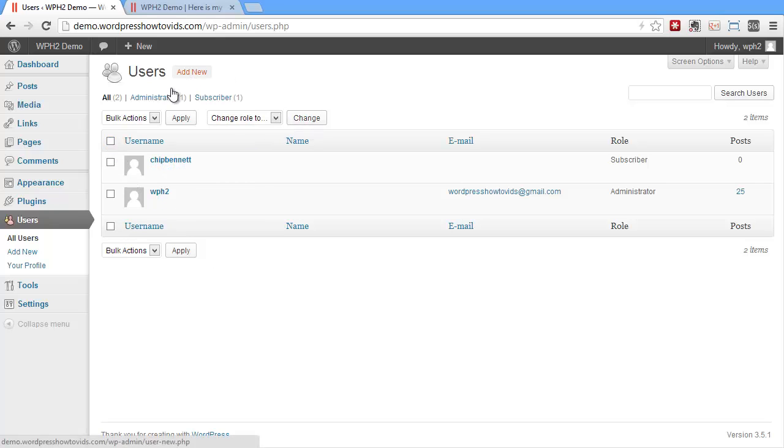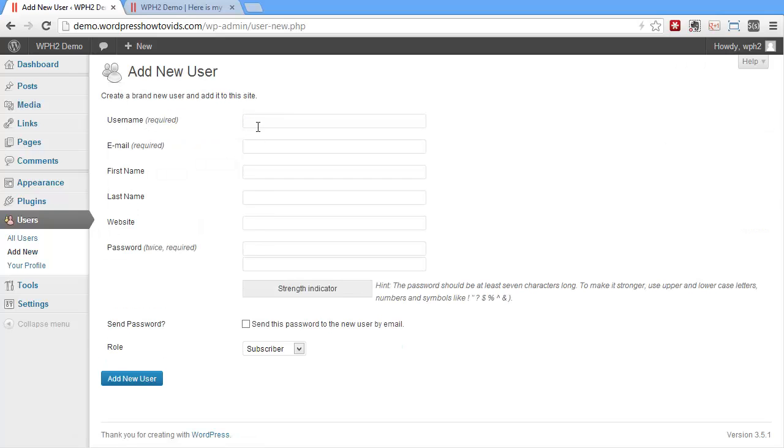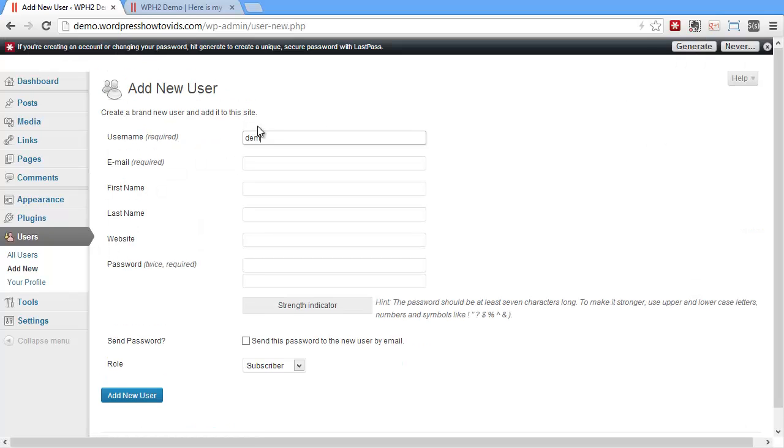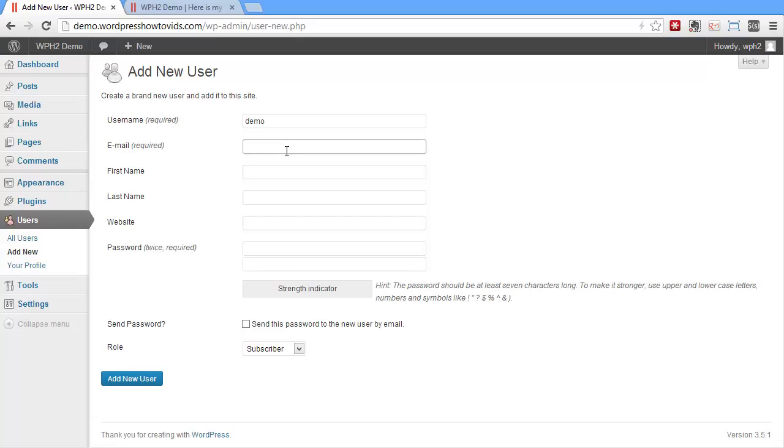Let's go ahead and add a new user. Click Add New. First we give it a username. Email. We can give it a first name and last name if we'd like. Website if necessary. Password. We can choose to send this password to the new user if we would like, and then give that user